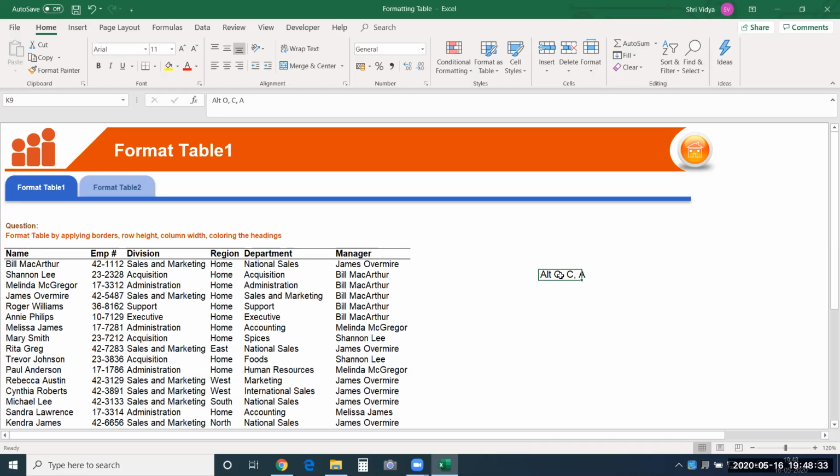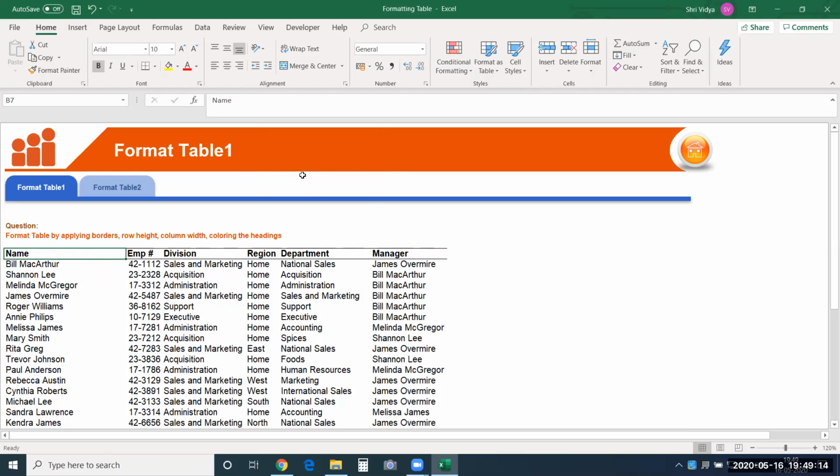Now, that's not enough. If I enter another longer data, again it's going to be congested. It's always better to give some buffer space, a little more than what is required. There is no harm to it. I'll just show you how to modify the column width really quick. See, I want to increase the width of this name column. I'll use Alt O C W. Instead of A, we'll use W there. It will give me a window to modify the column width. I'll just go here and change it to 25.